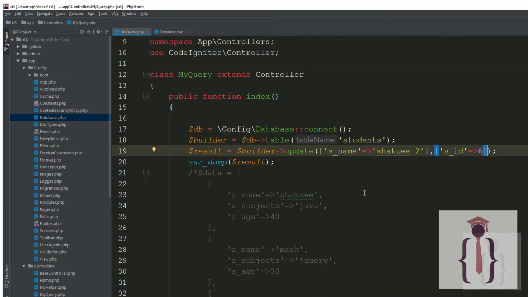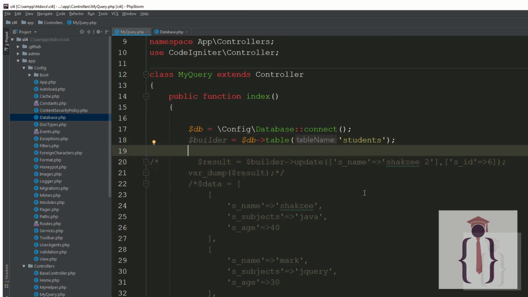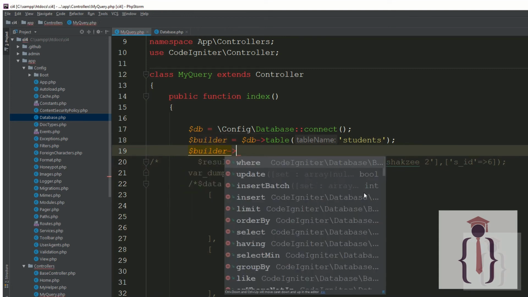So how can you delete a particular record? You can delete a record. I'm going to comment this one out by just passing delete.